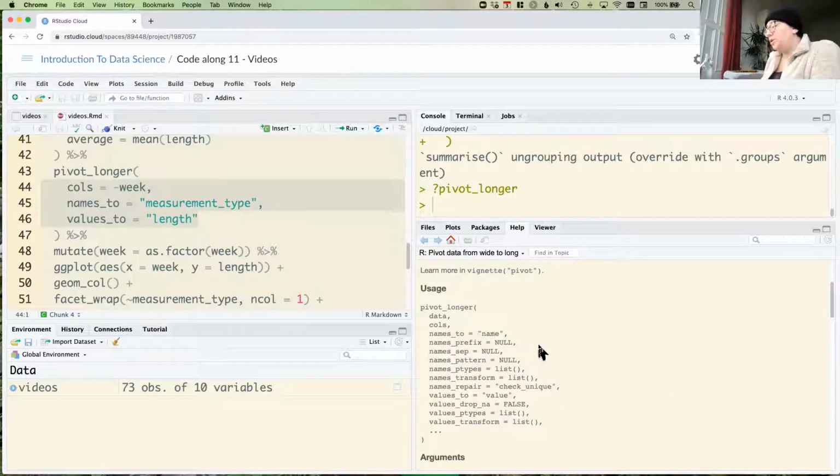We can also transform these names. Oftentimes the variable names are in kind of more computer speak. We keep things lowercase, snake case, whatever. But we might actually want to make some changes. So there's an argument called names_transform. And what it does is,